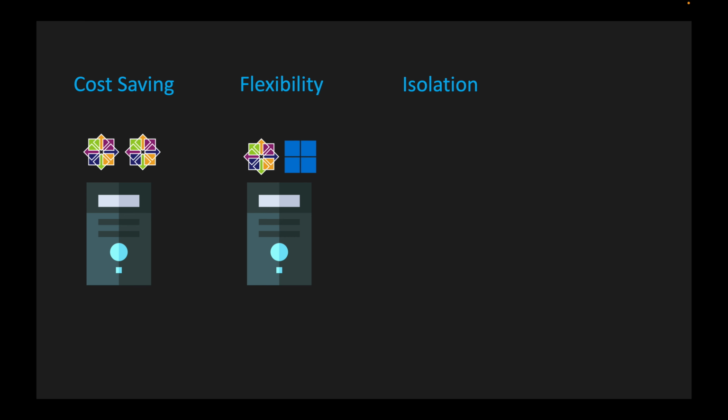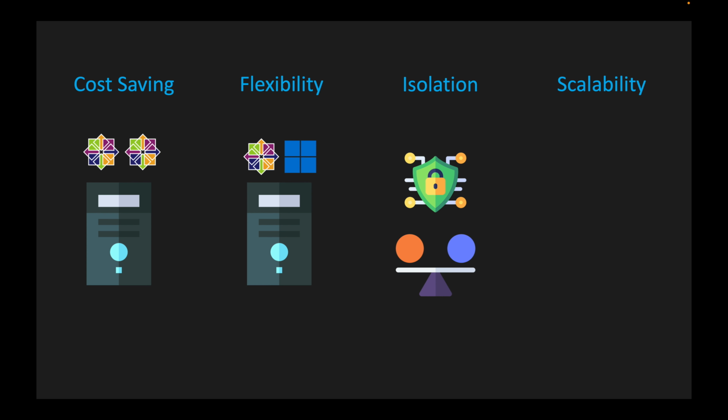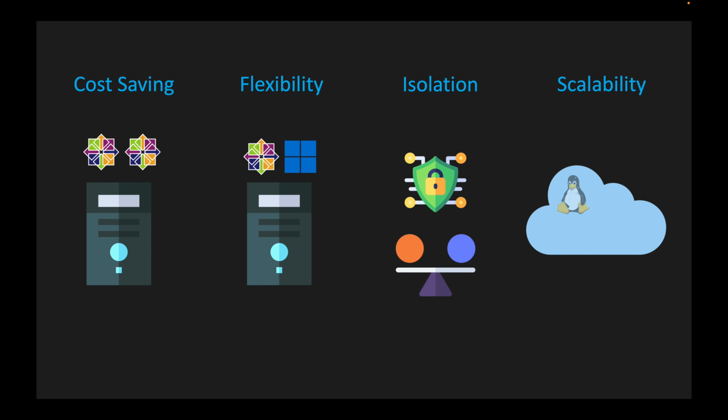Then we have another benefit called isolation. Each virtual machine is isolated from other virtual machines, which provides a higher level of security and stability. The last benefit is scalability. You can easily add or remove virtual machines as needed, depending on your workload requirements. There are a lot of benefits of virtualization technology, but since it's out of the scope of this course, I just listed a few of them. You can always ask Google to get more examples, but for now I think that's all about virtual machines.